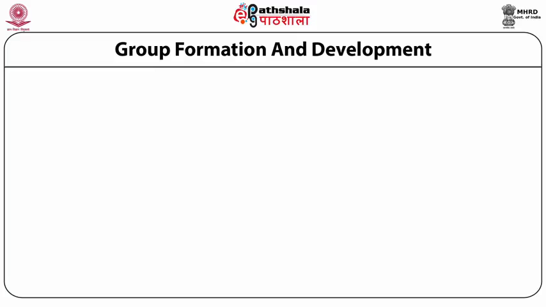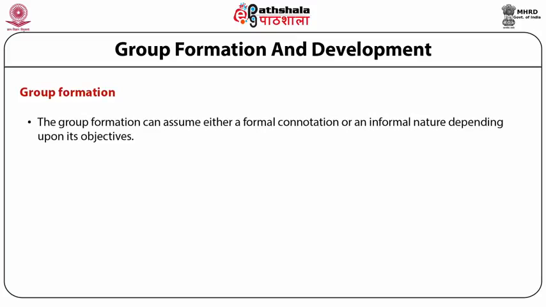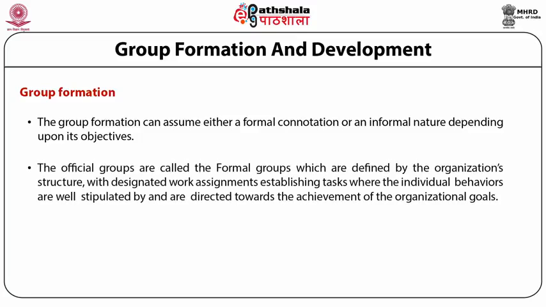Group formation and development. It's important to understand how the groups are formed. First of all, the group formation can assume either a formal connotation or an informal nature, depending upon the objectives it intends to achieve. Now, the official groups are called the formal groups, which are defined by the organization's structure with designated work assignments, establishing tasks where the individual behaviors are well stipulated by and are directed towards the achievement